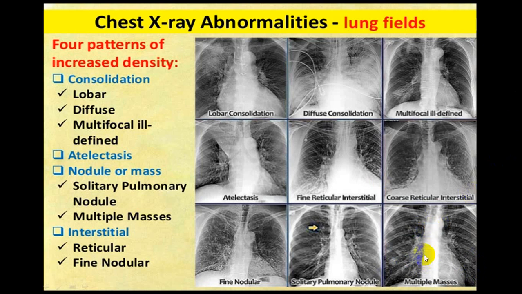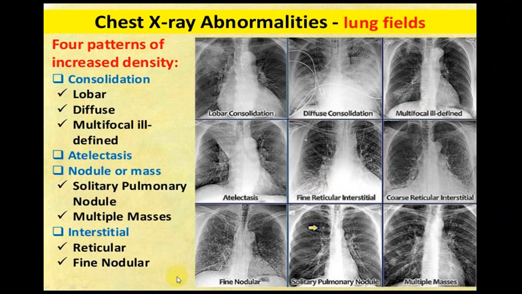If it is producing silhouette sign, it is either lung or pleura. Pleura will produce it with a diaphragm and with a chest wall, while lung will have it with the mediastinum, maybe with the lower lobe with diaphragm and costophrenic angle. So try to identify that, you will be able to make out clearly. And we have already told you what are the different types of shadow which you come across.